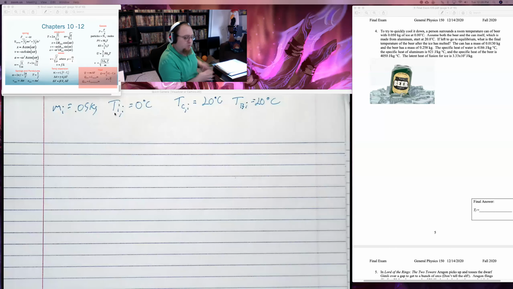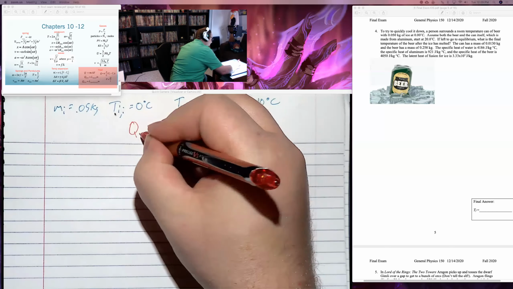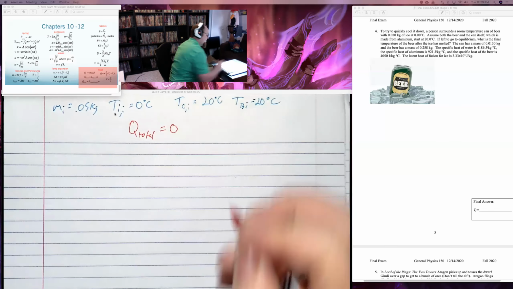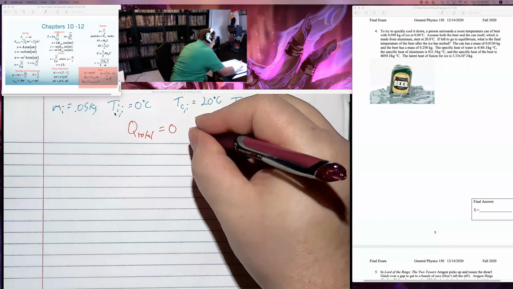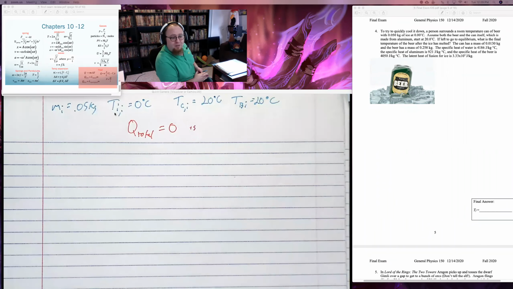Here's what we know. This was actually a slightly harder problem than I normally do for a temperature one, by the way. I decided to be mean last semester. But no matter what, when solving these, Q total is 0. And, oh, 1, 2, 3, 4, 5. Okay, I didn't write numbers, I just put circles. That's 5 points right there.